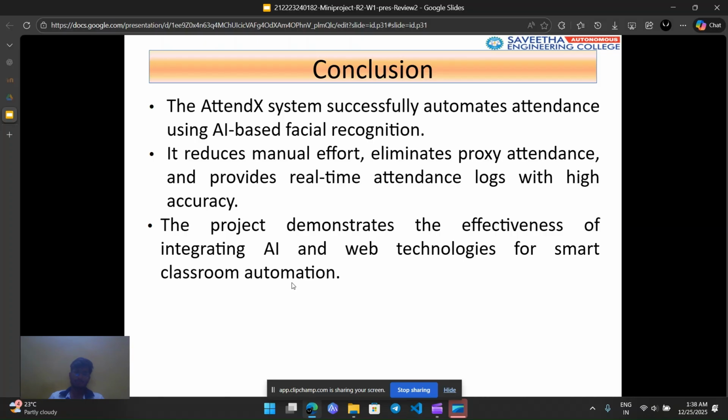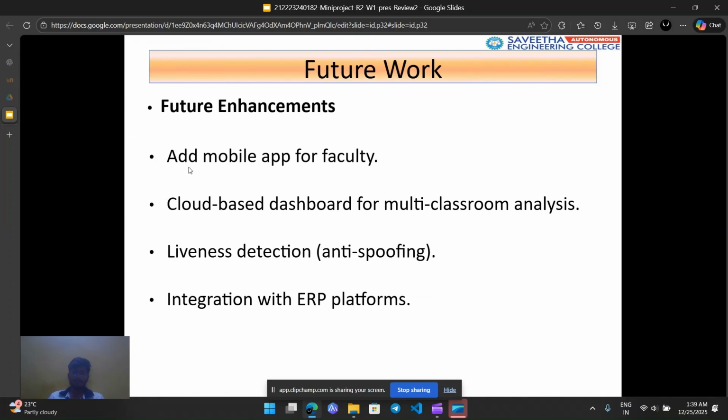And the future work we have planned is a mobile app for faculty so that they can review attendance on their mobile itself, and a cloud-based dashboard for multi-classroom analysis. Right now we have only created an application for a single classroom.